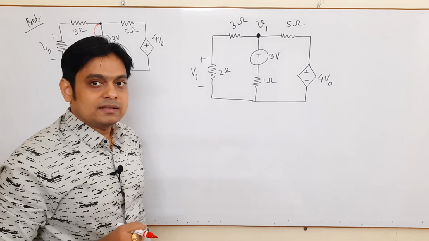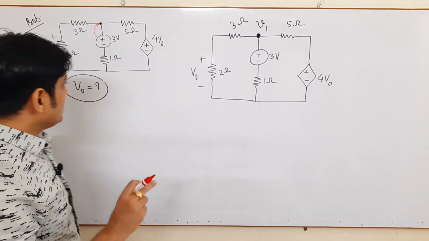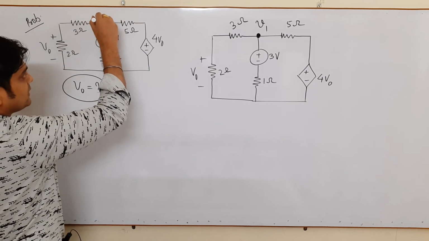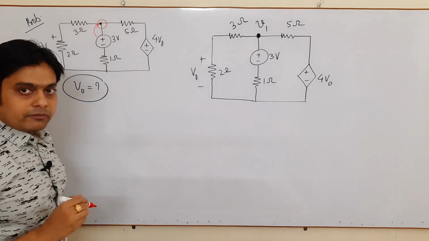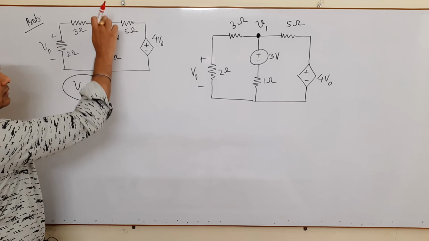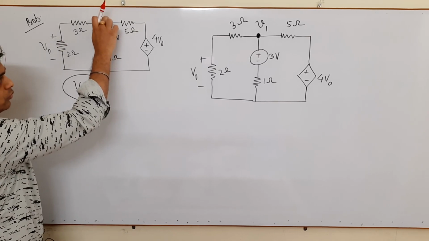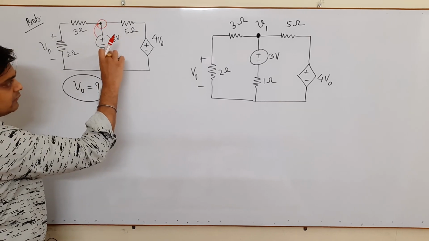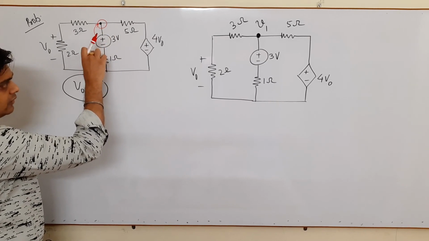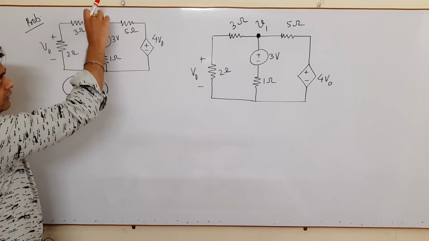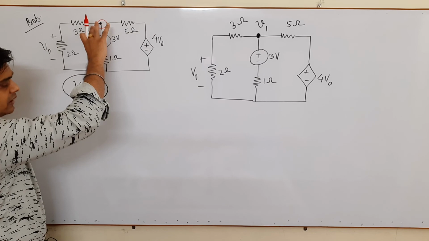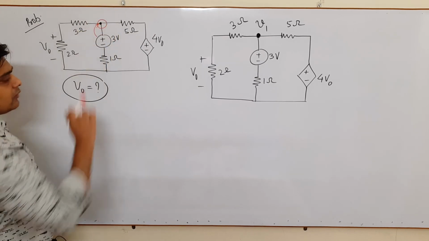And actually that is wrong. Why? The point is this 3 volt is not going to appear on this node. Very important thing, please keep in your mind, this 3 volt voltage is not appearing on this node. Why? Because this 1 ohm resistance is present here. Since some voltage drop will occur here, whatever the voltage is at this node is the total voltage across this branch. So this 3 volt does not appear on this node.